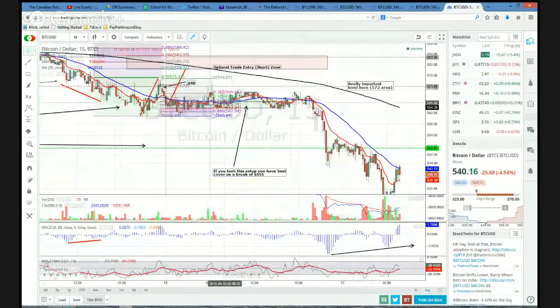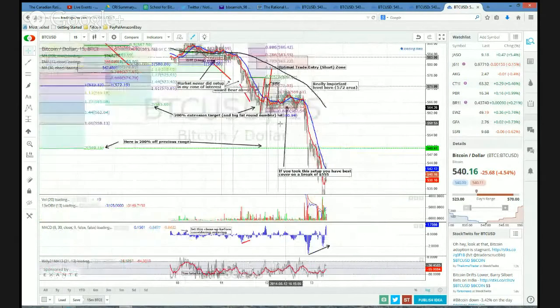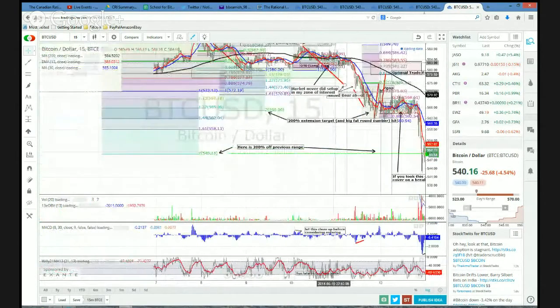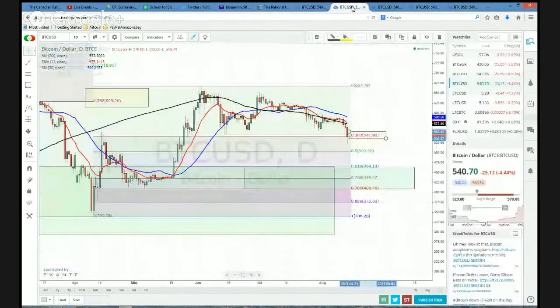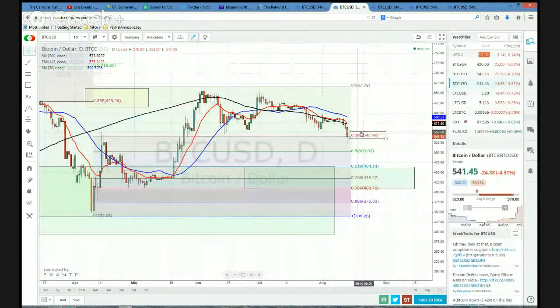Had you taken this setup, and there was an OTE in here, and there was kill zones, yada, yada, yada. Had you taken this setup, for heaven's sakes, I sure hope you exercise some serious risk management and basically got out on a break of that 555 low, right? And that 555 key low is this low here. So now that that low has been broken, and that's these lows in here, we're just getting more bearish market structure. Now my hunch is 38.2 is usually a pretty good fight.